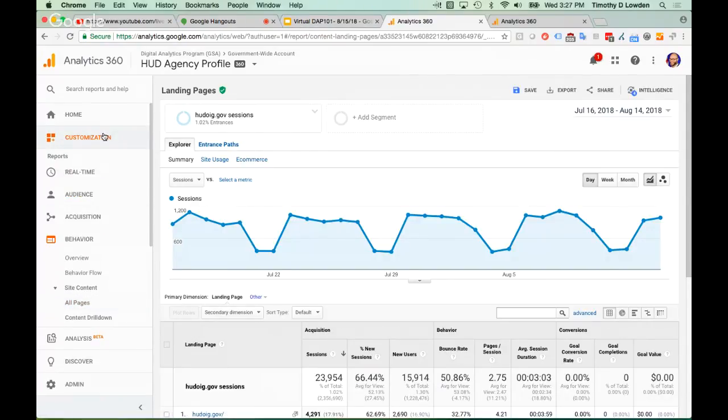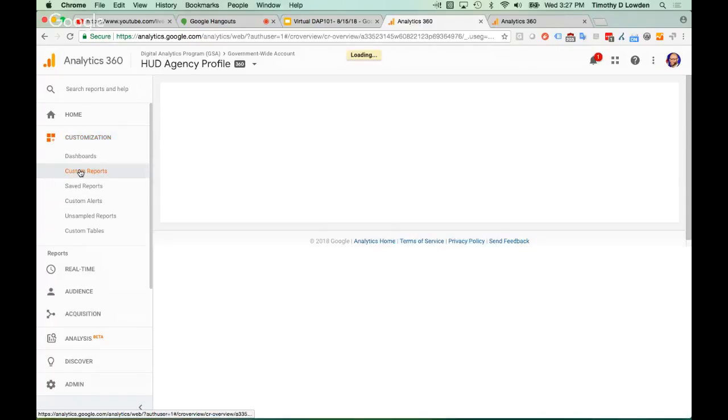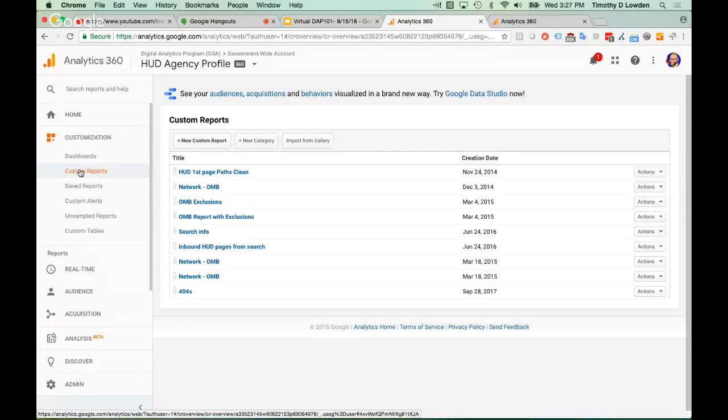Okay, custom reports. My favorite part of Google Analytics. Custom reports allow you to break out of the mold that GA has created for you. You get to mix and match metrics and dimensions at your leisure rather than be stuck with the ones that Google Analytics gives you. So if we go under customization and go to custom reports and I click new custom report,